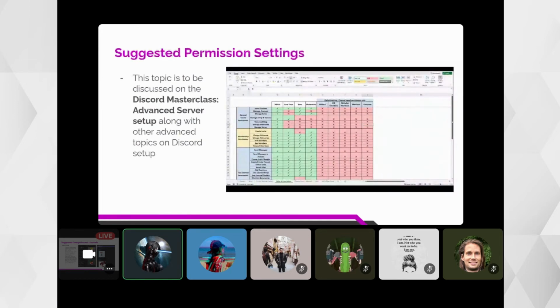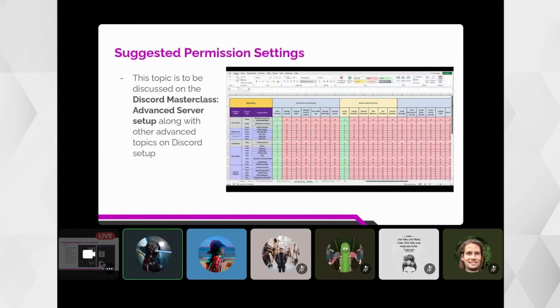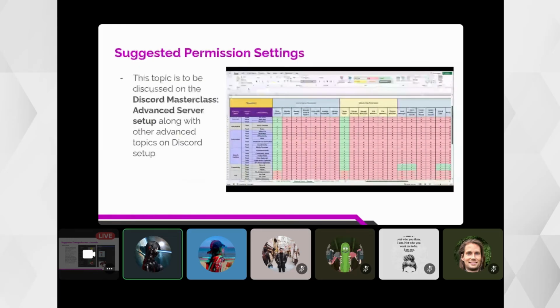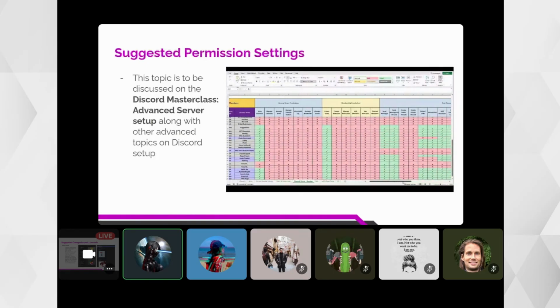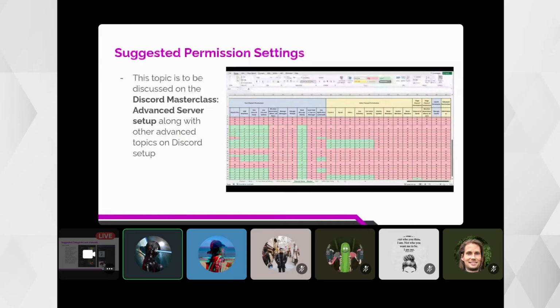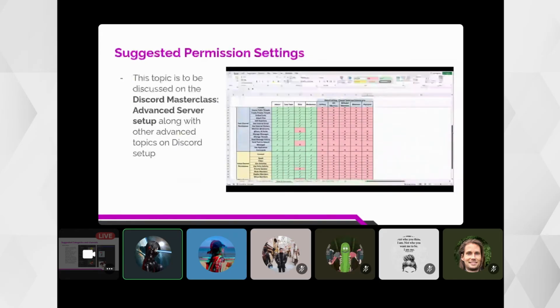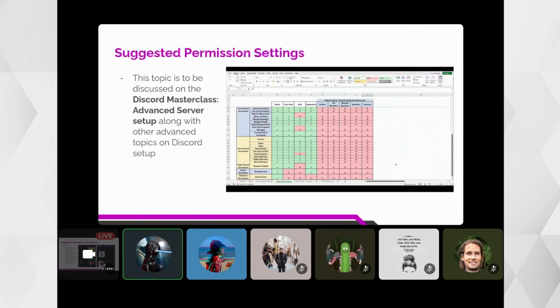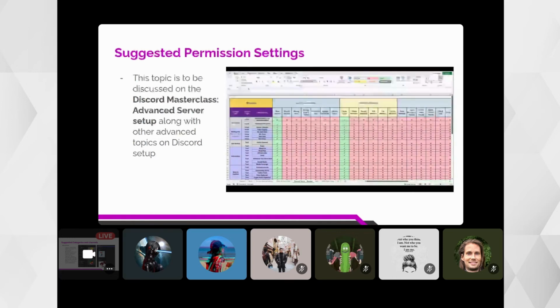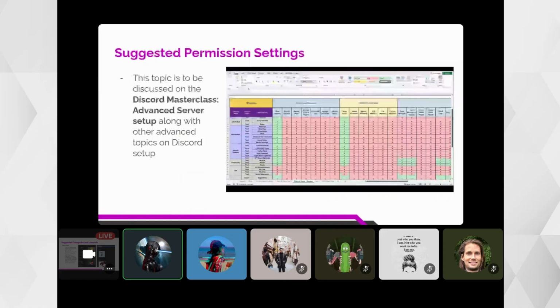So this actually is a relatively long topic to discuss today. Usually when I set up permissions for roles and channels, I have this Excel file with me so I don't get confused. All right, so this topic and my suggestions for the server settings for the permissions would be discussed in our next class, the Discord Masterclass Advanced Server Setup, along with other advanced topics such as token gating, verification gating, and setting up the bots that we use.